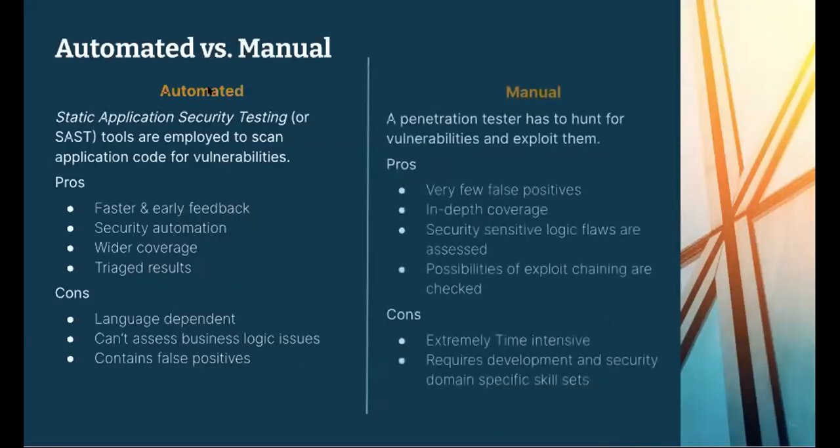So here, folks, automated and manual, right? Automated essentially is the SAST tool that I've been talking about. It is, again like DAST, quite fast, and it gives early feedback. This is the moment the developer has pushed the code, you can have a SAST tool run on that particular snippet or that particular feature, and then it can give you a, what do you call this? It's essentially called